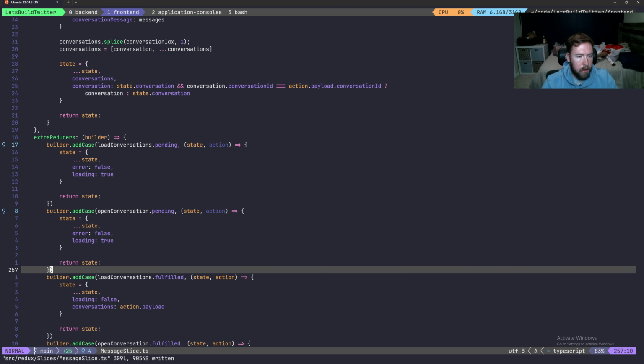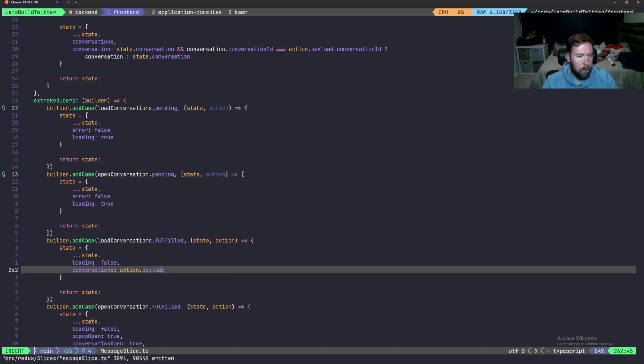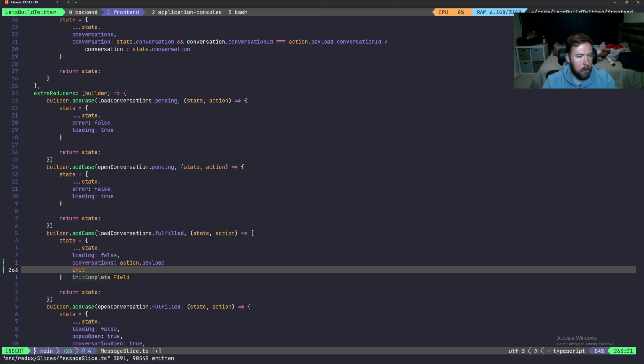So that's load conversation pending, load conversation fulfilled. So here after our conversations, we're going to go ahead and put init complete. We're going to put that to true. So once we have brought in all of our conversations, we'll go and do that. And then after our, and this actually, do we want open conversations? No, it's definitely init. So then after our open conversations, we're going to go ahead and add in another